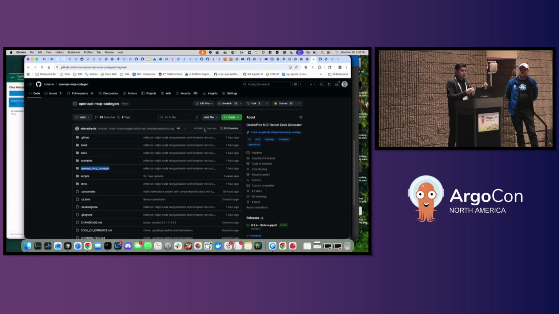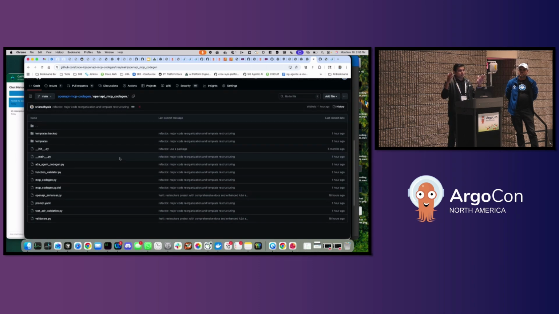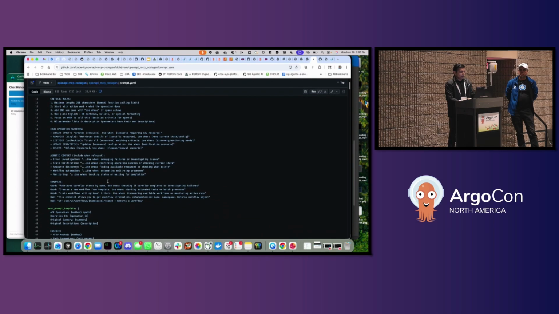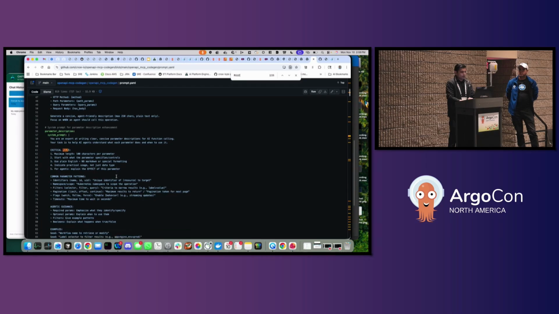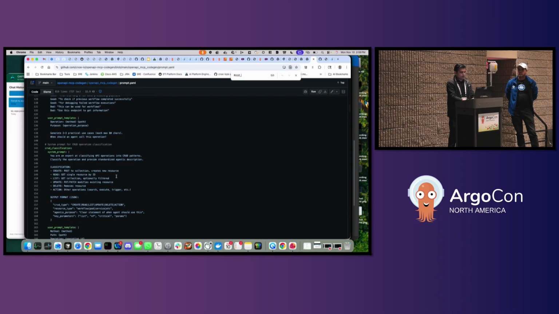But as Carlos alluded to, there are some challenges of just taking a raw MCP or OpenAPI spec and using it as MCP. As noted here, LLMs have limitations on the length of your function, the size of your tool description. What we have done here is we used agentic Gen AI to give a very strong system prompt that says, hey, if you are using certain rules, for example, we've defined these